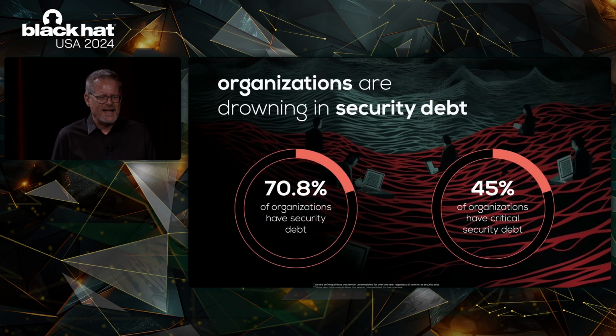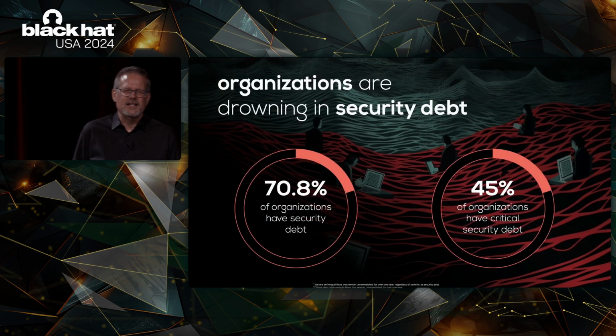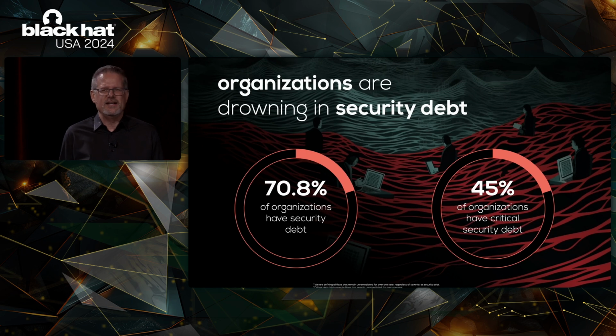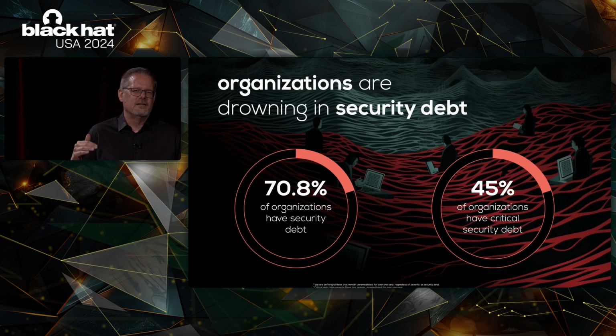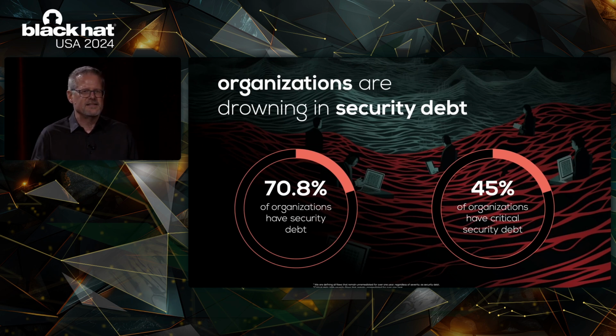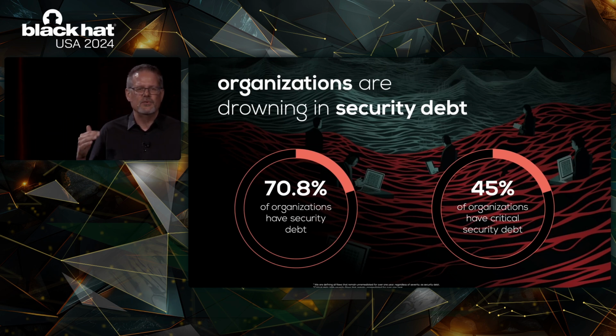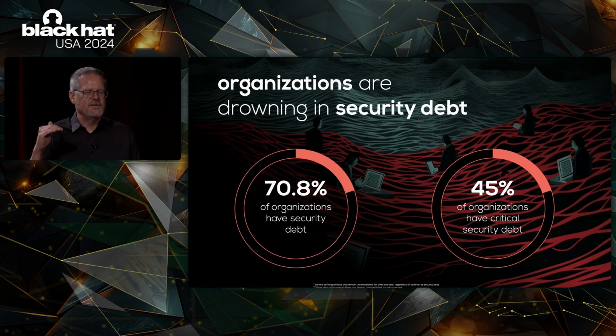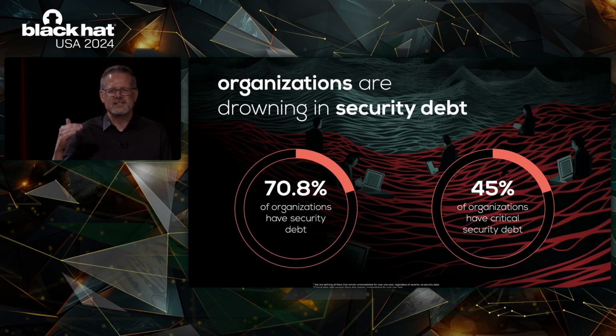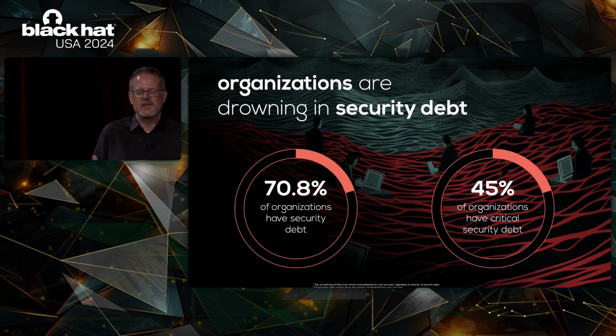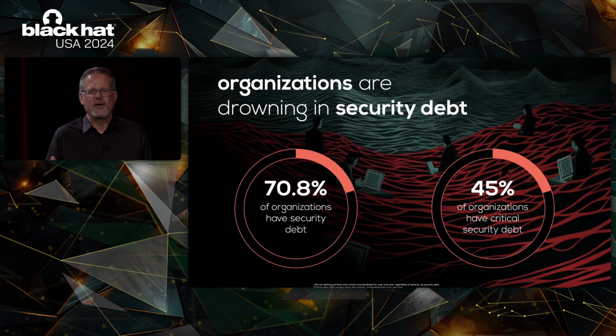So what that ends up causing is the concept of what I call security debt. And I define security debt as a flaw that some sort of analysis, static, dynamic, manual code review, manual pen testing found. That flaw was logged. You have a policy that says, I want to fix this flaw. This is severe enough to fix. I care about this one. So you have a ticket open about it.